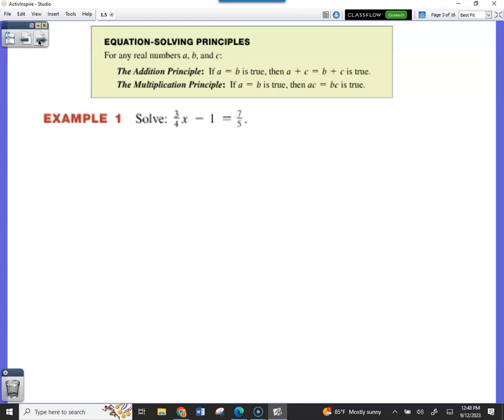If you look at it, it's 3/4x minus 1 equals 7/5. So what do we need to isolate? The 3/4x, right? At first. We need to get this by itself. What's in the way? The minus 1's in the way. We're going to move it by addition. When I add that over to the right,